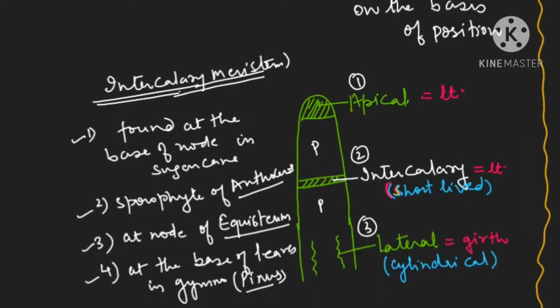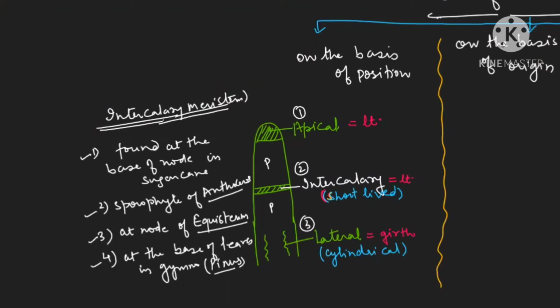Is it clear? Now, you have seen herbivores eating grass, but the grass is not getting damaged because grass does not have apical meristem. Again, it is very important. Grasses don't have apical meristem. That is why they are not getting damaged when the herbivores are consuming. And their growth is maintained with the help of intercalary meristem.